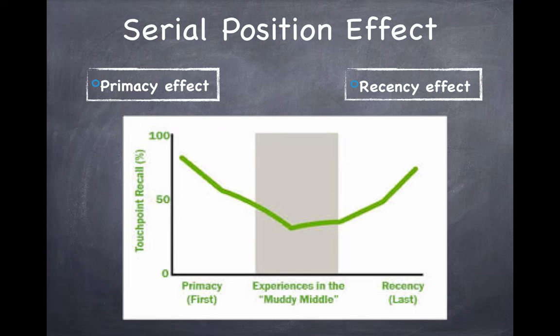So poor recall of information in the middle of a series is because it's no longer in short-term memory. It's been displaced. Serial position effect supports the notion of separate systems of short and long-term memory. Without this primacy and recency effect in a short-term memory component, everything would get into long-term memory, and it doesn't. So this demonstrates that there's two parts of memory in terms of short-term memory and long-term memory.